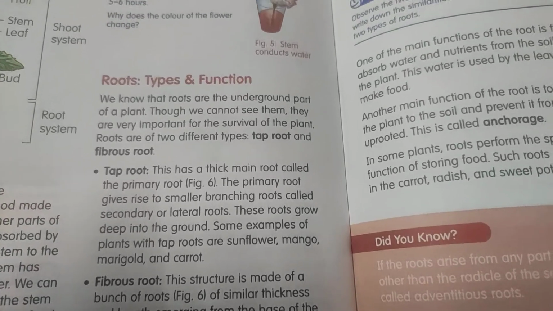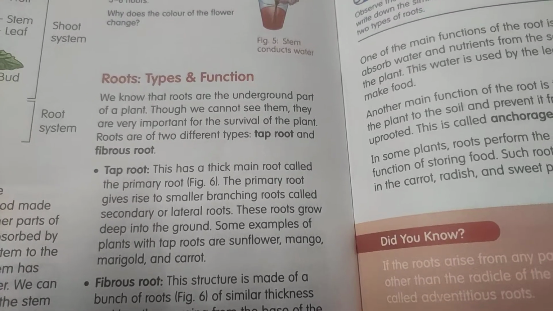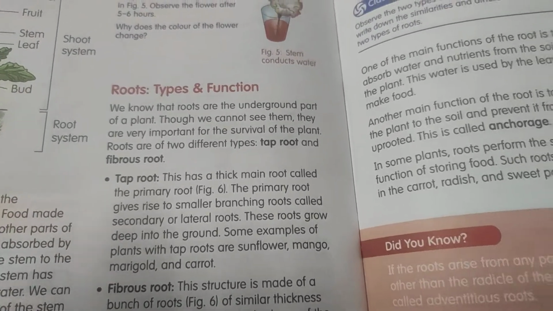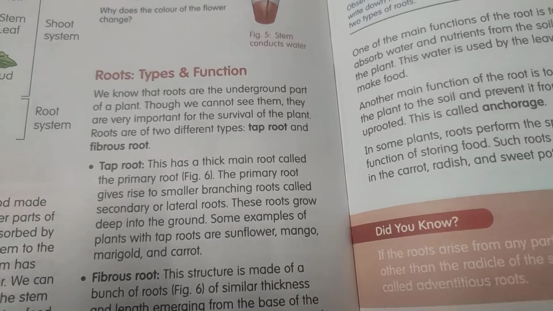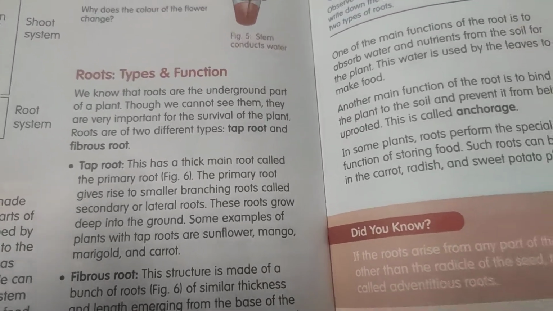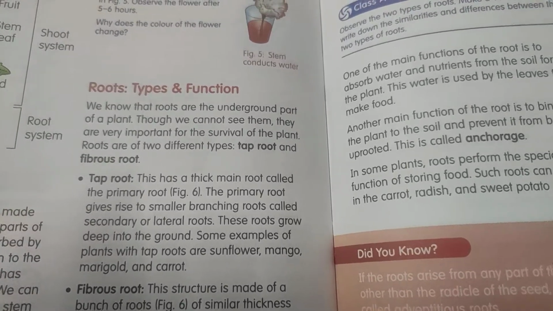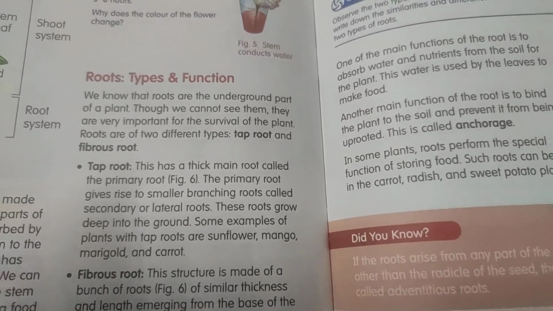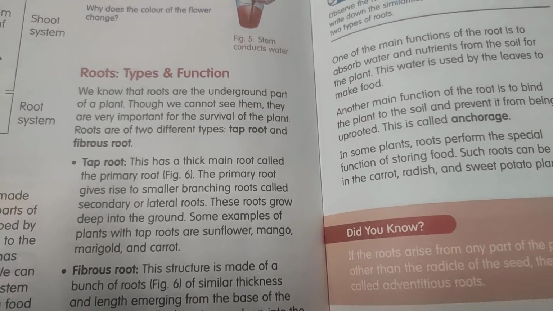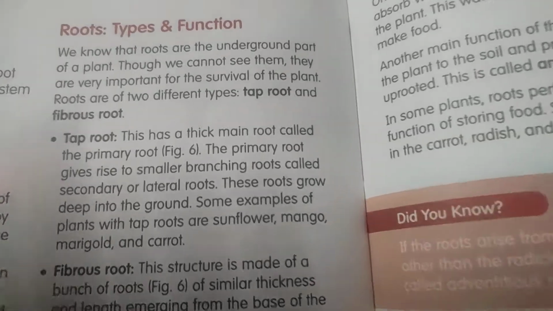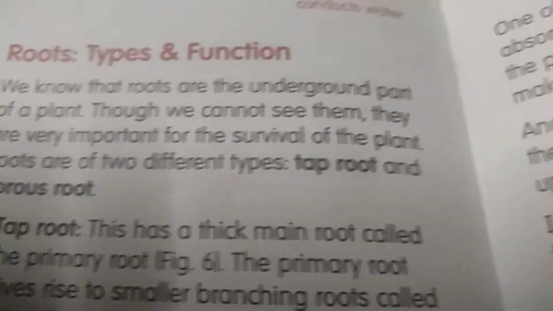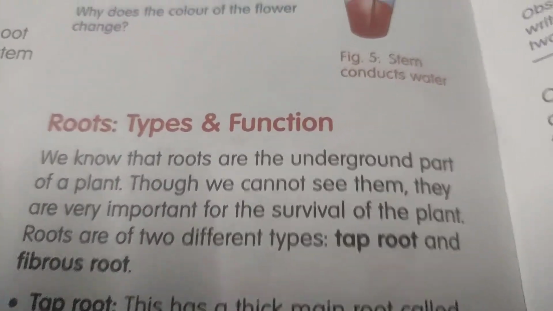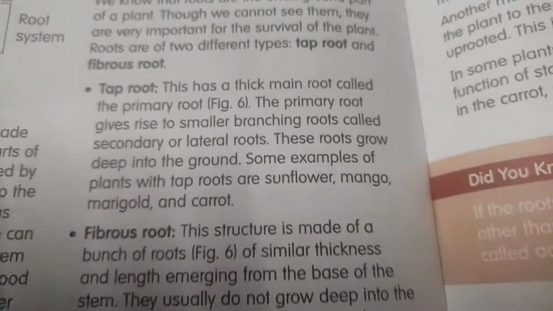But though it is not visible, its function is very important, because of that only the plant is fixed with the soil, and because of that only the water from the soil enters into the entire part of the plant, in particular to the leaves for the food preparation. Okay, so we will see the types again here, just like how we have seen in the stem. Now we have two types of root system called taproot and fibrous root. What is called taproot? What is called fibrous root? One by one we will see.